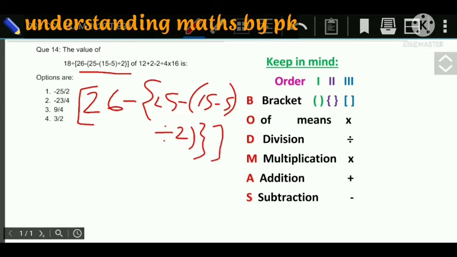So here we can see 26 minus 25 minus 15 minus 5, 10